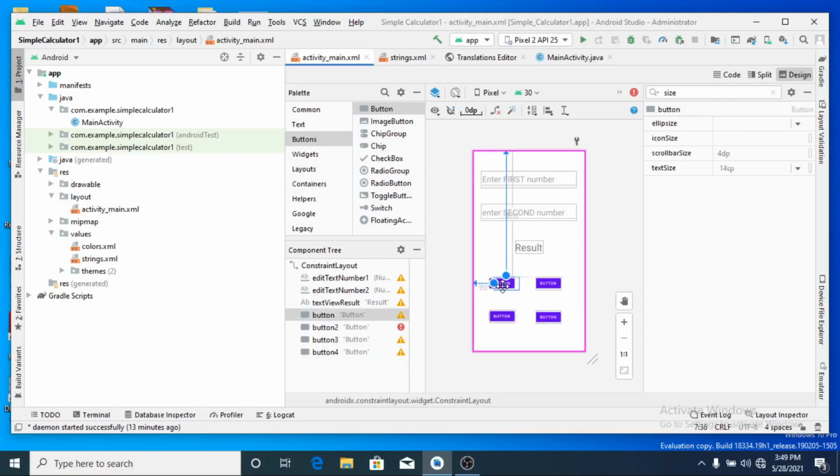Hence, let me increase this to 88. Similarly, here 88. Right then. I set all the buttons.